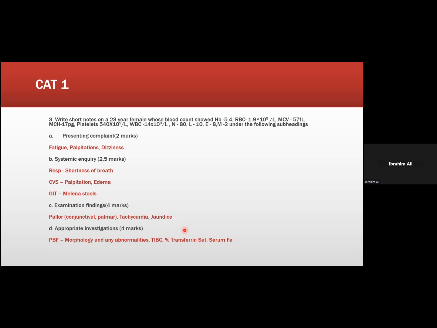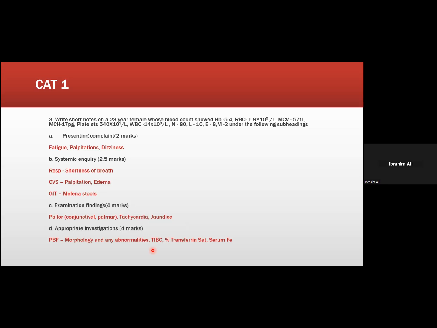Morphological changes: in your PBF, you'll see microcytes, and your RBCs will be smaller in size compared to the lymphocyte. And then you can see abnormalities like dacrocytes, which are pencil shaped. That means your RBCs will look like a pencil. That is in case of pernicious anemia. You can see teardrop cells in case of